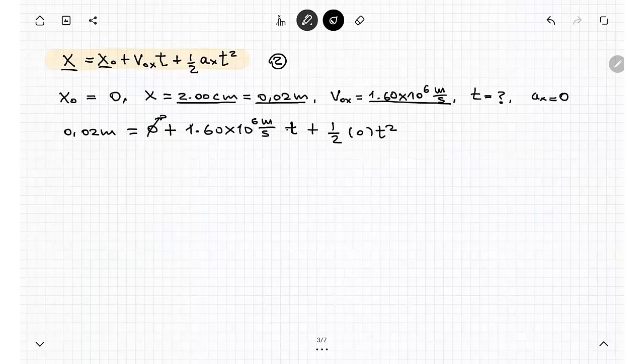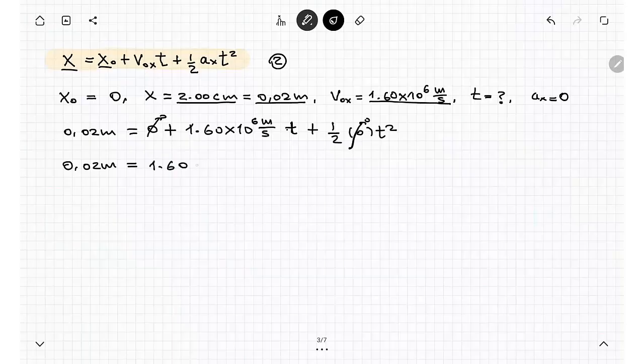So this term is 0 because it's multiplying by 0, and this is equal to 0.02 meters